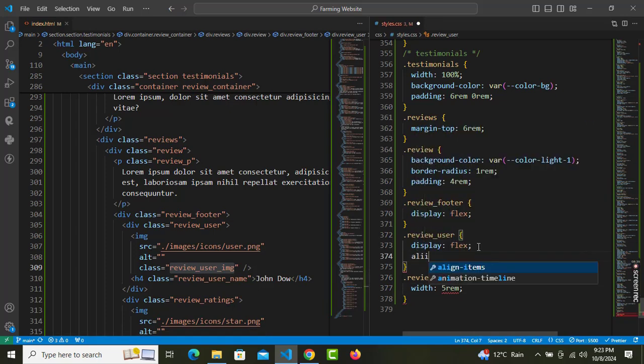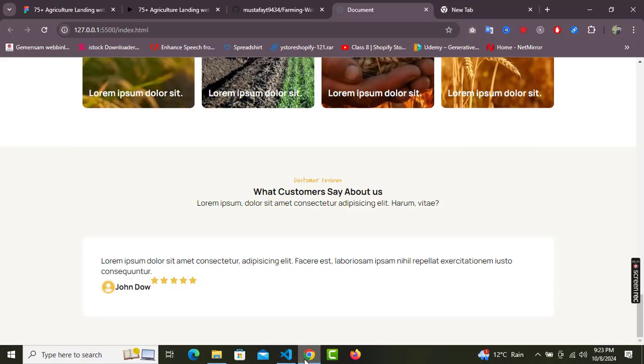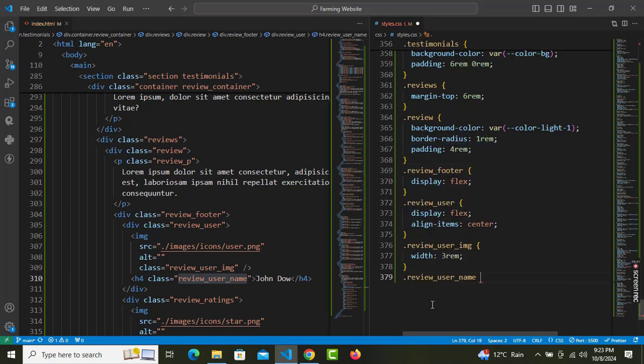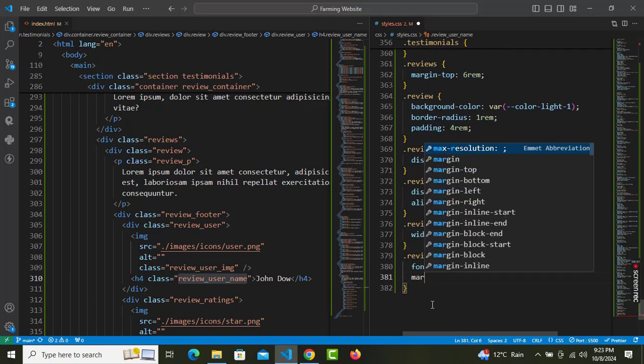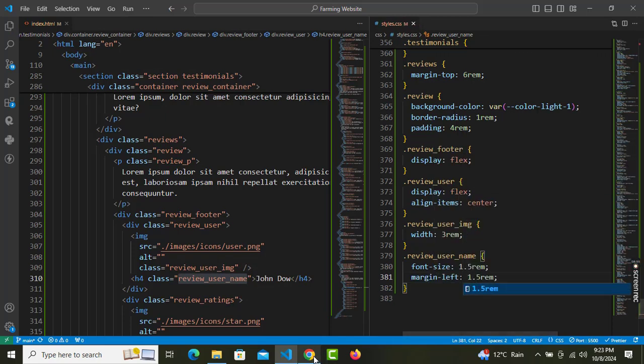And since this user will have display flex, align items in the center, I'm not happy with this, so 3 looks good. Now this username will have font size of 1.5 rem and margin left will be 1.5 rem as well,